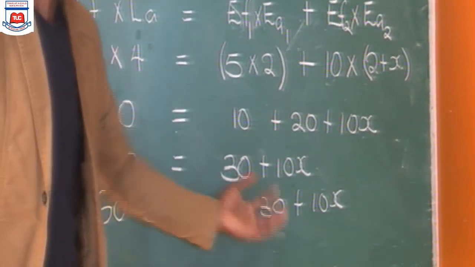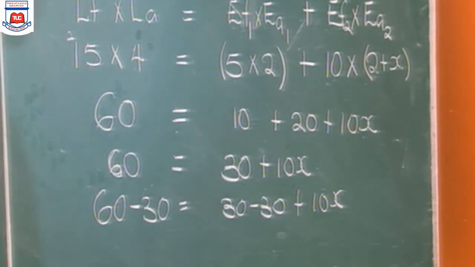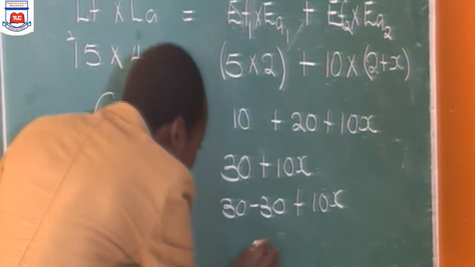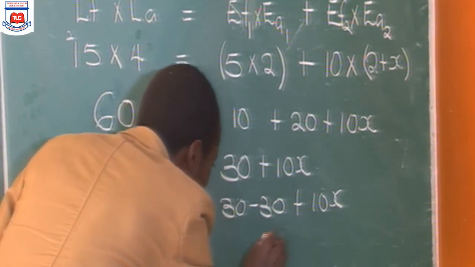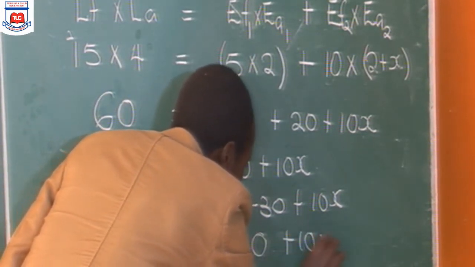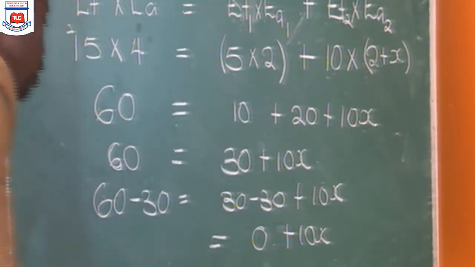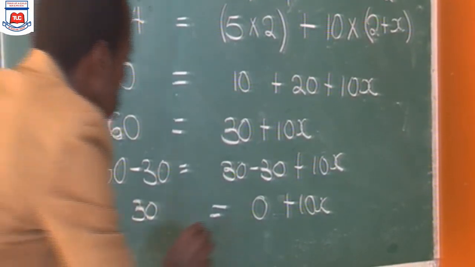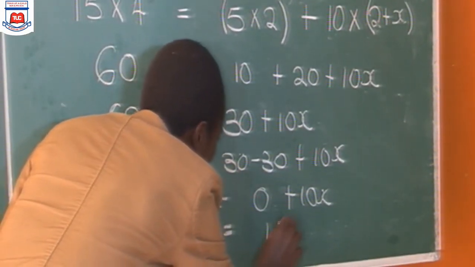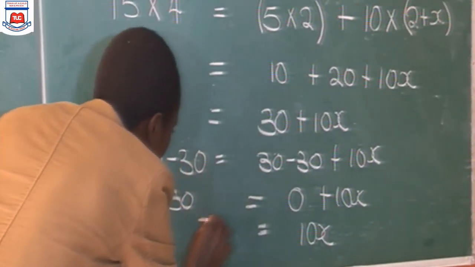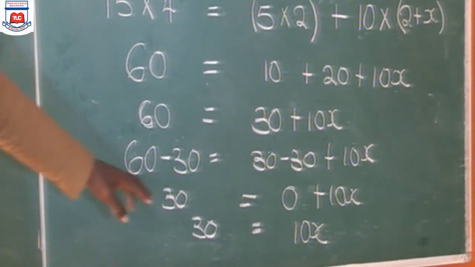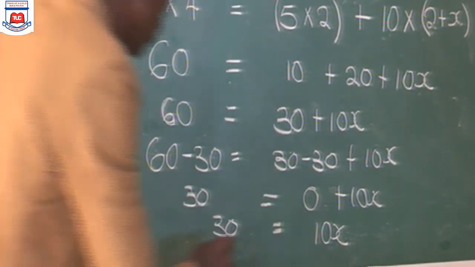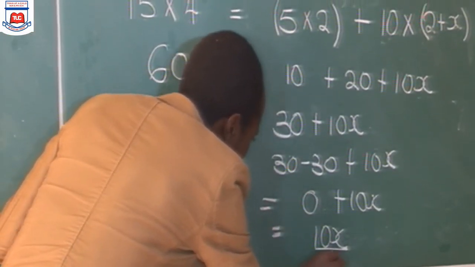So 30 minus 30 is 0. That one is obvious. 30 minus 30, 0. So this side we shall stay with 10x. You can write the 0 there if you want, or cancel, okay? Plus 10x is equivalent to 60 minus 30, we shall have 30. So we shall have 10x equivalent to 30. Our next step is to divide by 10 on both sides in order to stay with x. So divide by 10 on each side,